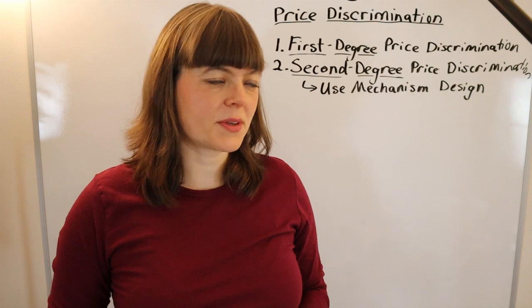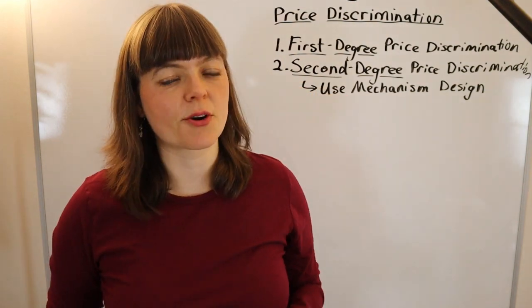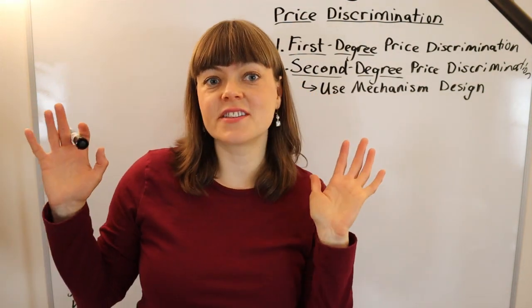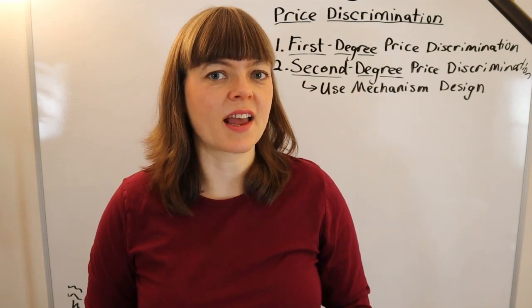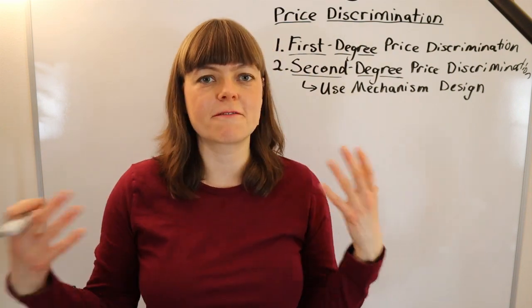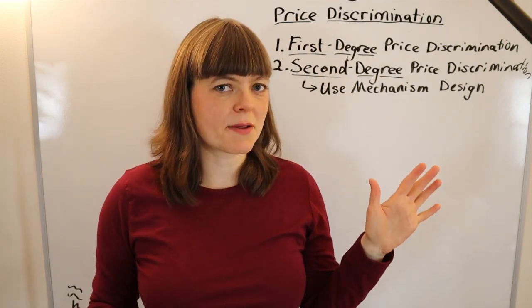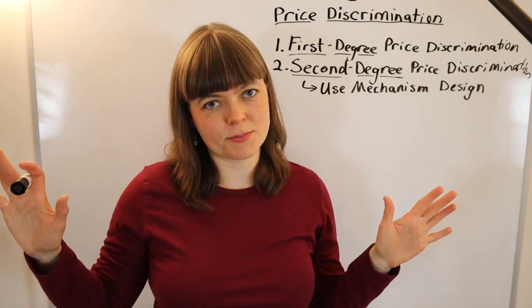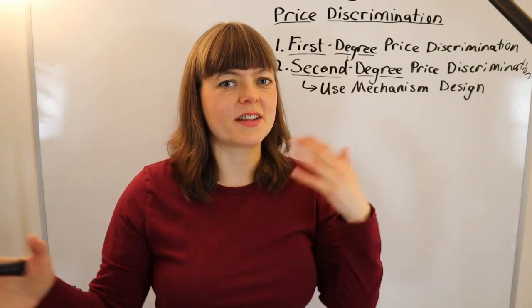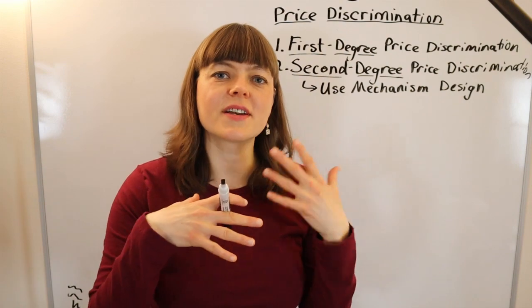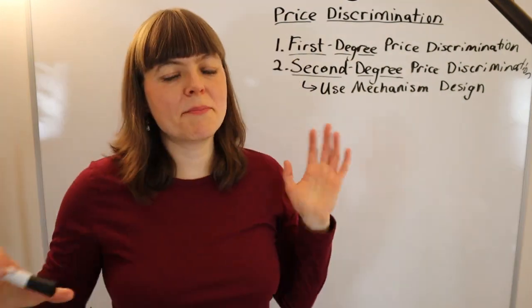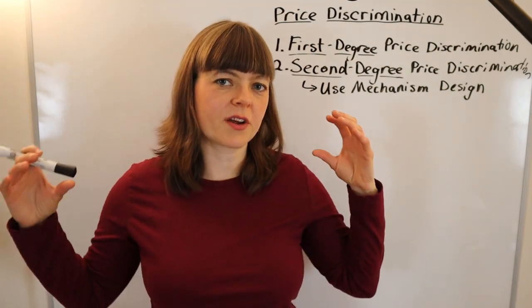Now, how do economists model second-degree price discrimination? And the answer here is that you use mechanism design. And mechanism design is really fun. It's where you have incentive compatibility constraints and participation constraints, and you have these inequalities, and I'm not going to go into this deeply in this video, but the basic idea is that you come up with an equation such